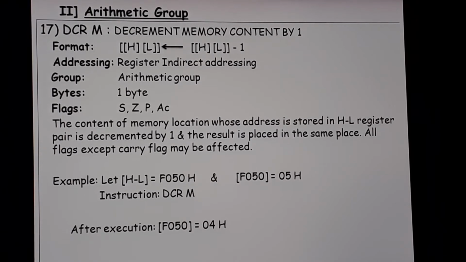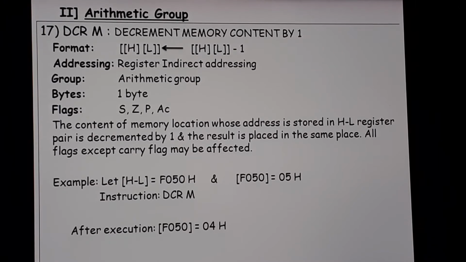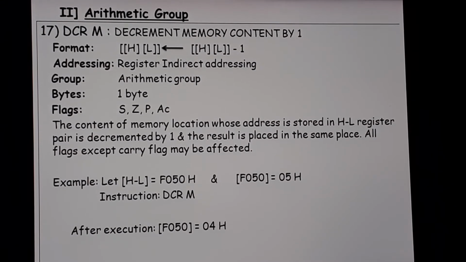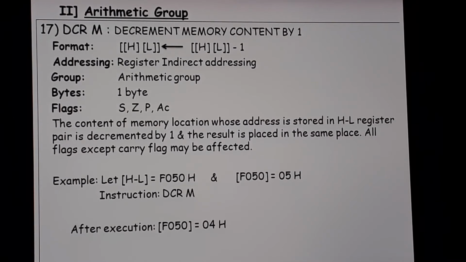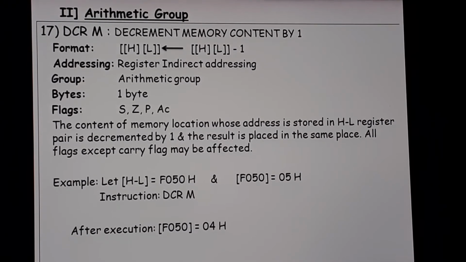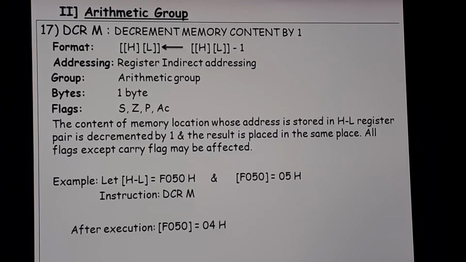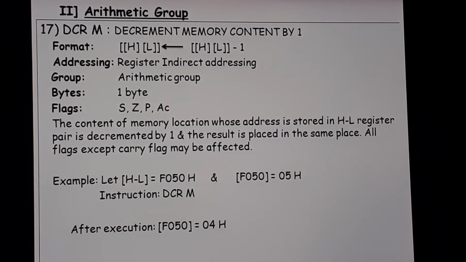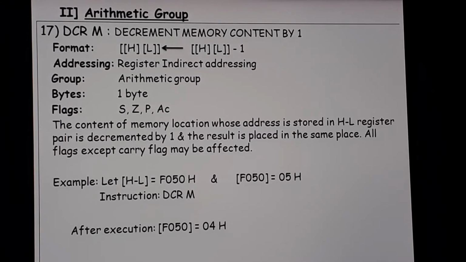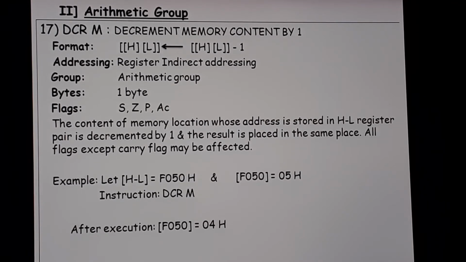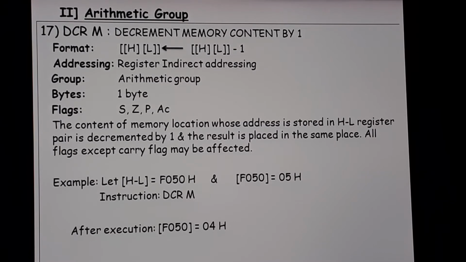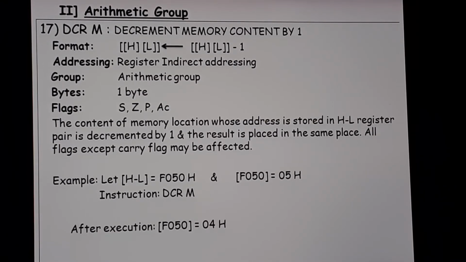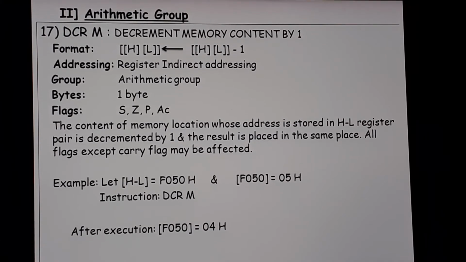Since we have to transfer it in the register pair itself, that is the HL register pair itself, we can keep it as it is, that is 16-bit. But if you assume it as 8-bit, they will not cut your marks. So if you're taking F050H, after executing this instruction, that is DCXH, the content of HL will be F04F.